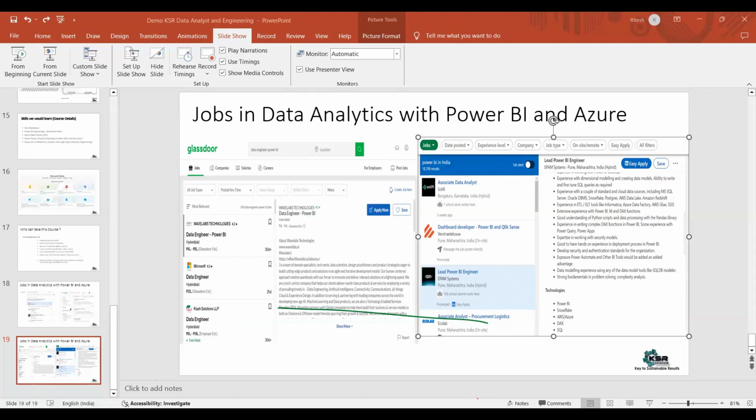Okay, regarding job opportunities. See, there is no guarantee of job given from KSR. We would definitely help you to post your resumes. KSR has a good connection with multiple HRs around this IT domain. If you're good enough, we would always share your resumes with the respective HRs. That is how it would work. But how to get into this field, how your resume should be, how it would be easy to get shortlisted, all that I would be covering in resume preparation sessions or in between sessions also.